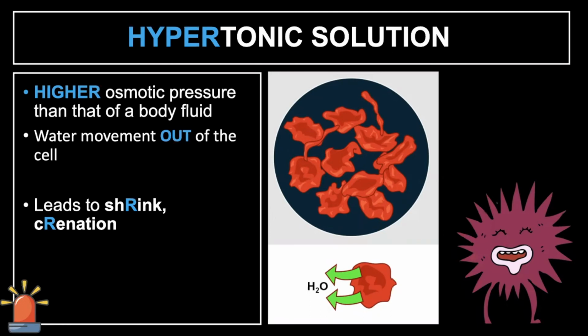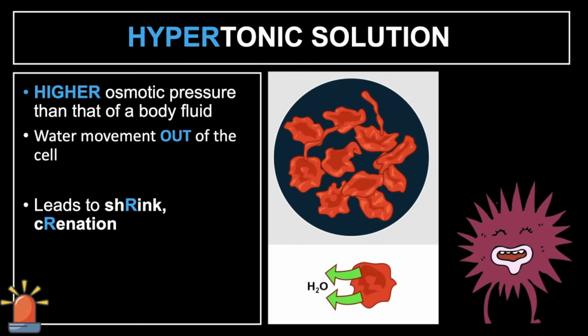So, 'di ba, ang principle ng water is kung saan maraming solute, kailangan nagpunta doon yung water para i-dilute niya. So 100% daw, yung 100 solutes daw nandito sa labas na nasa color blue. And then 25 inside the red blood cell. So the water now moves out of the cell. So when the water or the solvent, or the water na lang in this case, will move out from the cell, it will lead to shrinkage